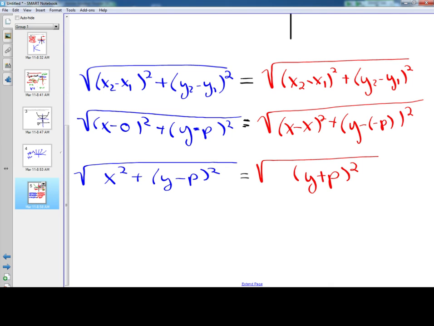I don't know about you guys, but I don't like those square roots. So let's get rid of them, cool? I know that I can get rid of it if I square this side, correct? And if I square that side, what do I have to do to the other side? Square it. So let's square those. Oh, well, that's nice. They just kind of gone, aren't they? And I'm left with what's inside, which is x squared plus